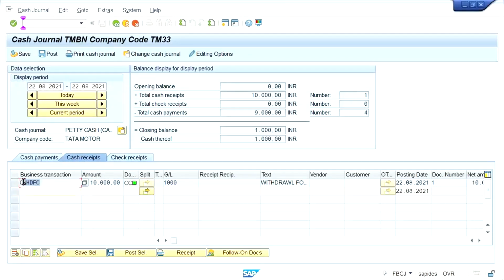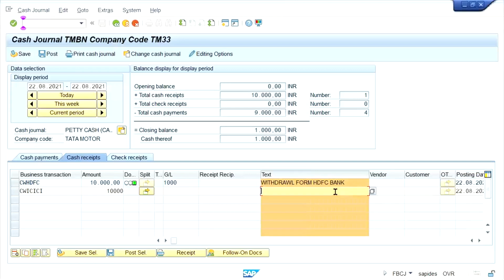Okay. Now look here, the business transaction got updated automatically. Whatever changes we have made, it got updated. So this time we can make it CW ICICI and then 10,000, right? No need to assign the real account here, guys. Why? Because now we have assigned the correct GL,